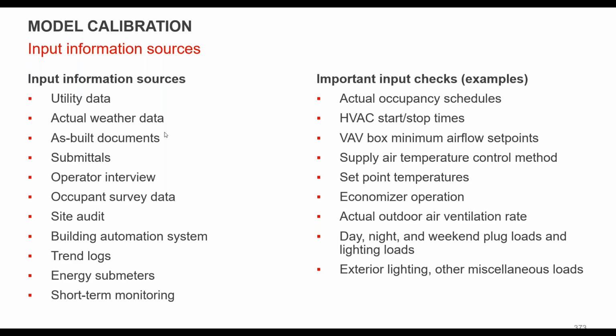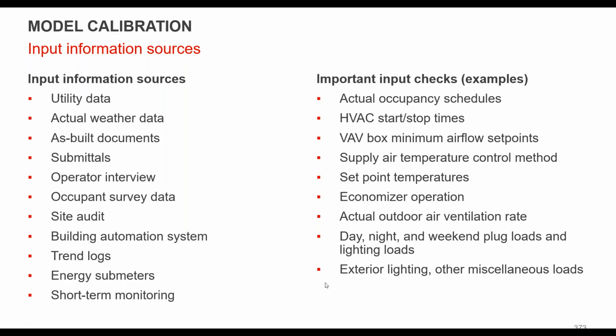Critical ones will be talking to the operator, obviously. The chief engineer, the building managers, to understand how they're running the building. There's a lot of data that you can get from them. BAS trend logs, sub-meters if you have them, and you might be deploying short-term monitoring systems. You might be logging individual systems. So this is fairly common. What we do if we're doing chiller studies and things like that, we'll go log the chiller for a couple of weeks in the middle of the summer to get real power and flow data and temperature data.